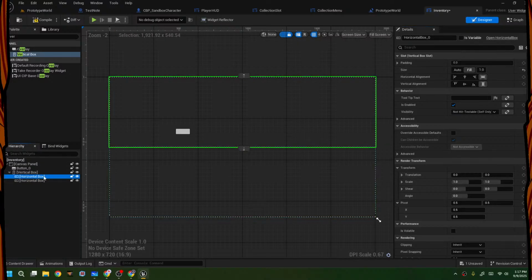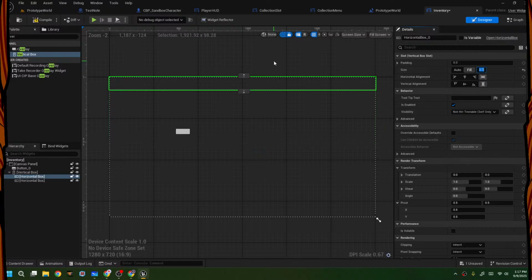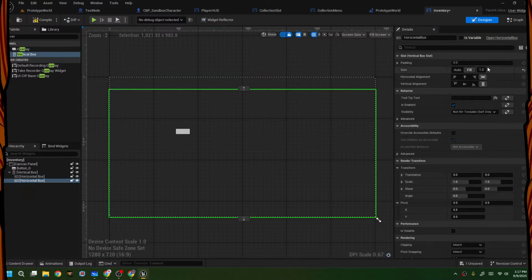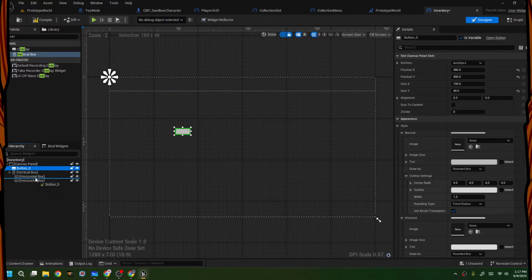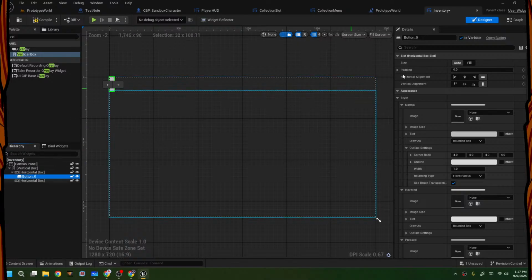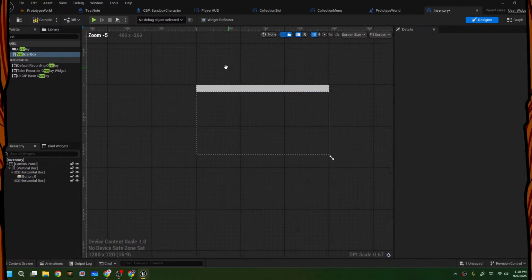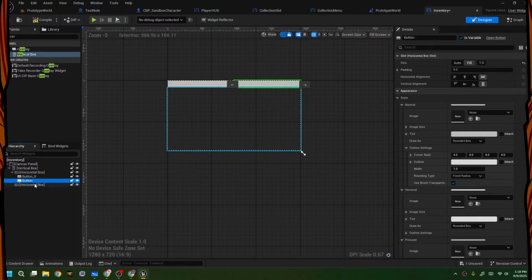Now what we're going to do is, the first horizontal box is only going to take up 0.1 and the other one is going to take up 0.9. So over here we can have menus, and this button will act as one. Okay, let's also fill this. So over here we can have different menus